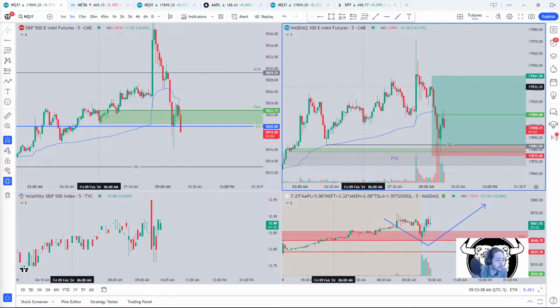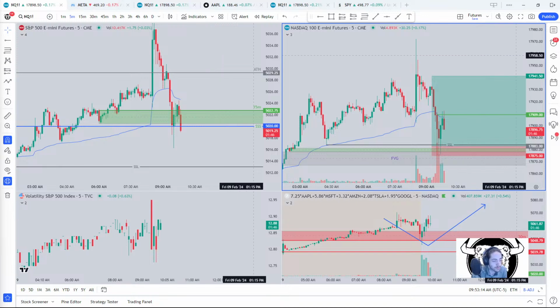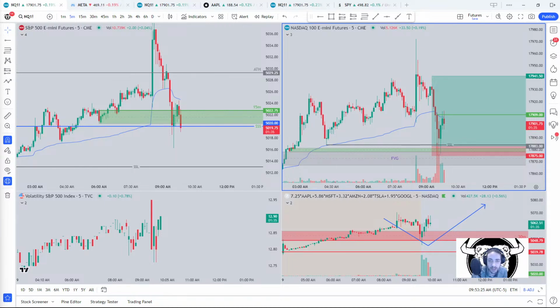A lot of indices are weak right now. Staying in it. Waiting. Grabbing a little liquidity below previous candle's low on the 5 minute on NASDAQ. Breaking below that key level on ES. VIX trying to push higher. A lot of weakness in equities right now. Nvidia new high of the day, Tesla new high of the day, then sold off. Same with Microsoft, failing to get back to that new high of the day.